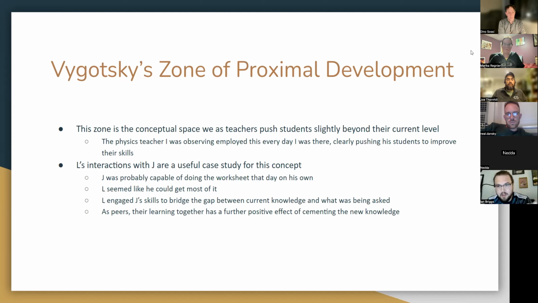So this is the zone where we push students to go just half a step beyond their current capability. I think student L is a good case study for this because he is capable of doing this stuff on his own, but he's so social and distracted that he couldn't do this in a vacuum, but he is in the zone of proximal development. He has people around him who are going to push him to close that gap, whereas Jay alone could probably do this in his sleep, but the fact that L